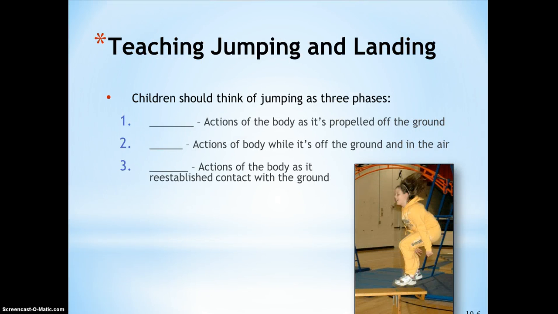When you're teaching jumping and landing, children should think of jumping as 3 phases. And this is what we were talking about earlier when we were looking at the pictures. The first phase is the takeoff: actions of the body as it's propelled off the ground. So again, bending the knees, swinging the arms back and forth, and then propelling the body forward before the feet are off the ground. When the feet do leave the ground, actions of the body while it's off the ground